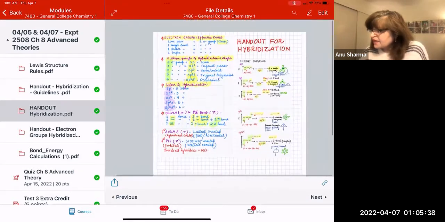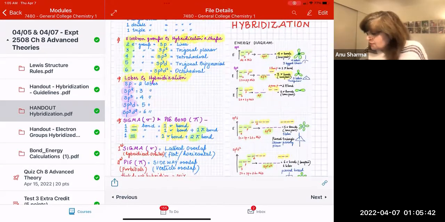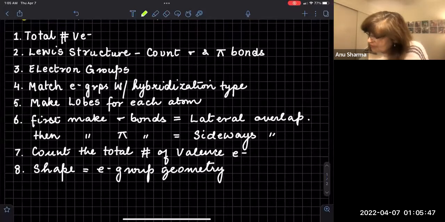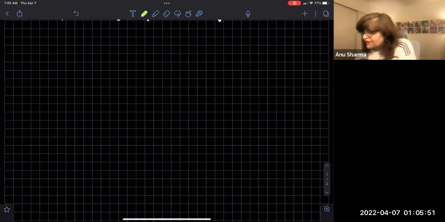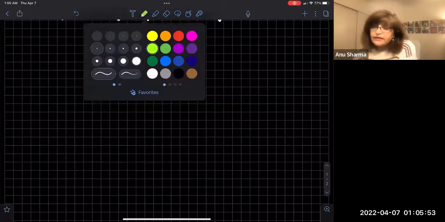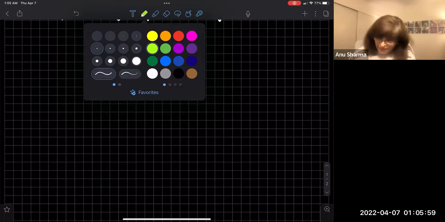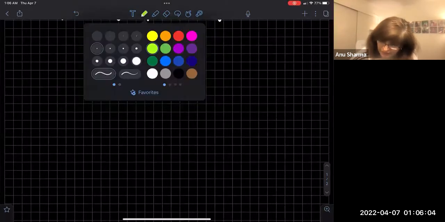So like I said, this is your handout, which I have posted in the modules, and you can print it out and use it if you need it. Now we are going to look at the specific examples. Let us look at, first of all, sp3